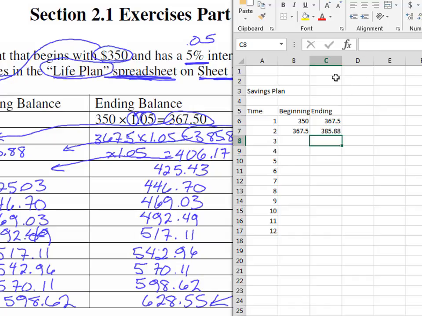385.88. Let's go ahead and go straight down and type in the very next ones down here. Okay, so the next one was 406.17, then 425.43, 446.70, 469.03, and we'll type them in all the way down. In the 11th year, 598.62, and in the last year,